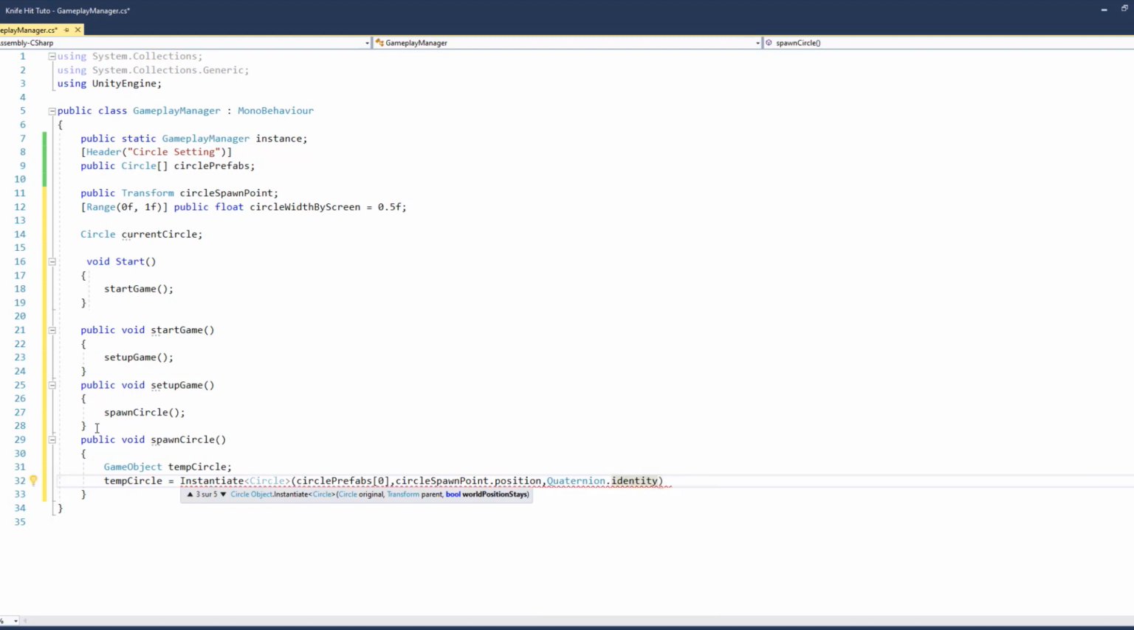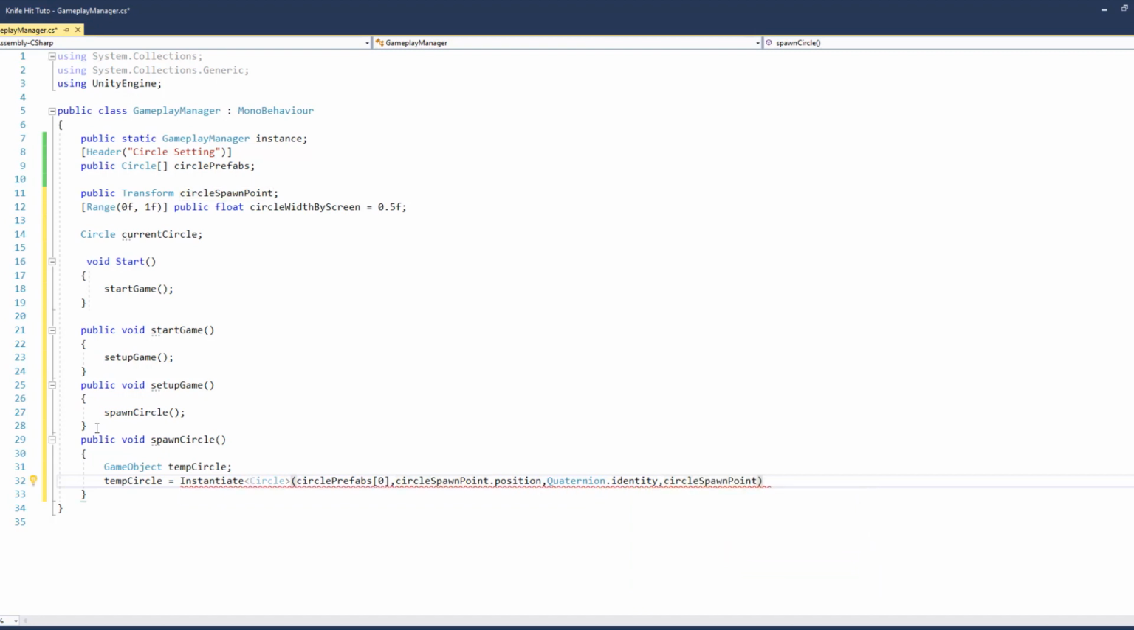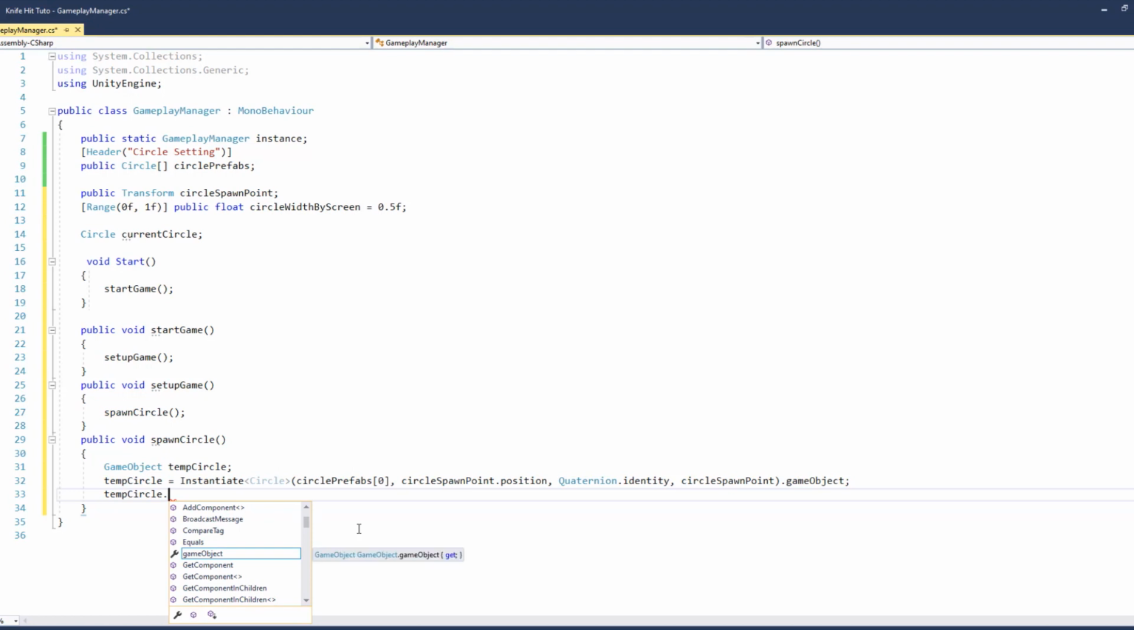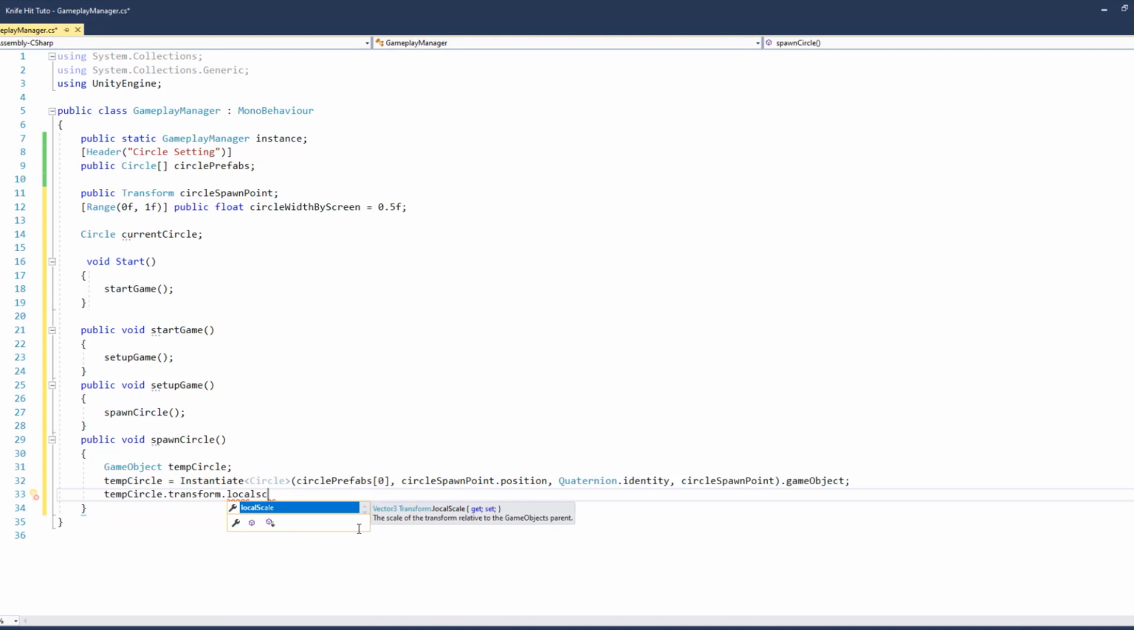Okay, now we are okay, but before we proceed we need to refer to our circle spawn point, then game object. Okay, I will be going to talk about all of it in details, but before that let's proceed with our code. So temp circle dot transform dot local scale is going to be vector3 dot